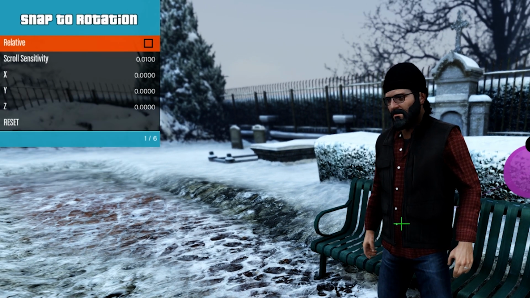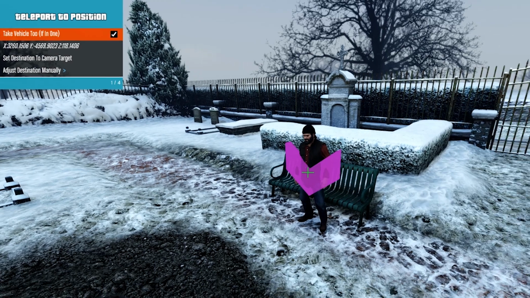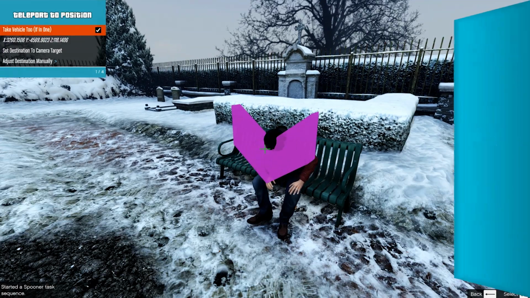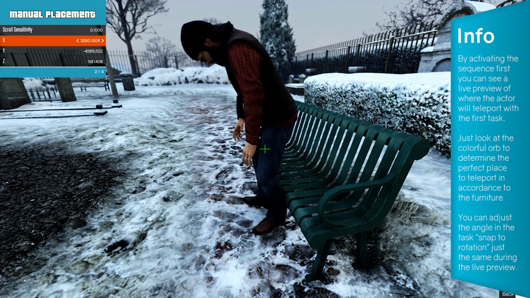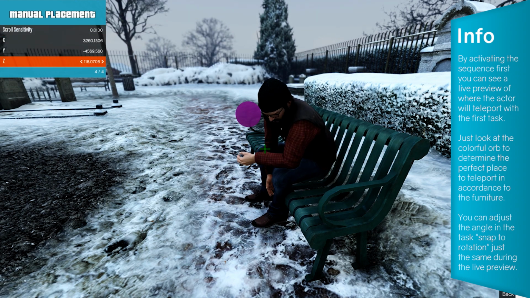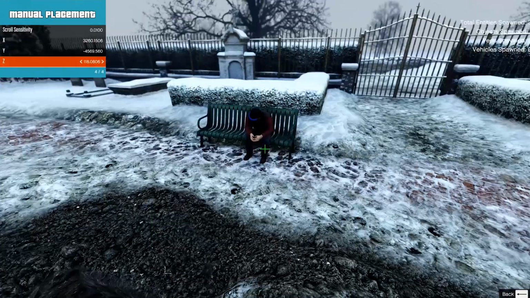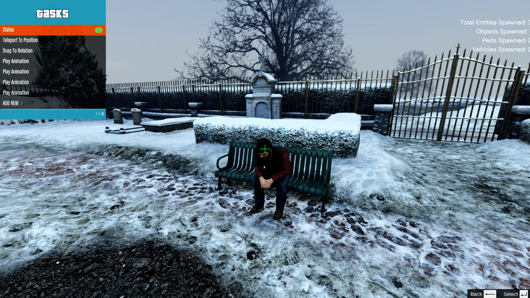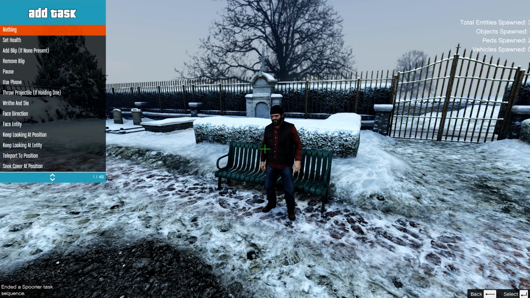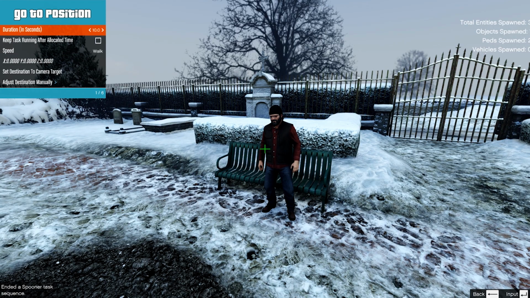You have to determine all of these values as they fit your scene and then activate the task sequence to adjust them perfectly, especially the position here. That way your actor will always return to the exact same place at the exact same angle before the animations are played out. Let me add another task called Go to Position at the end, so Michael will walk off